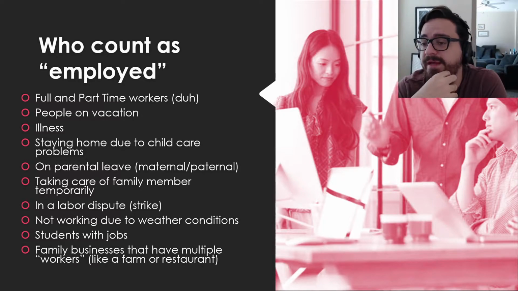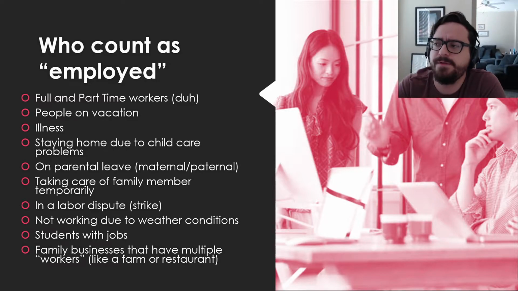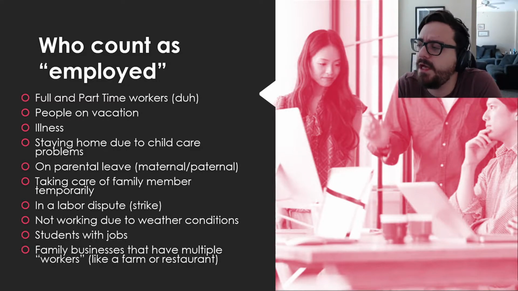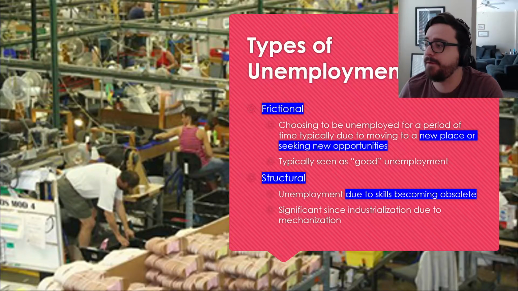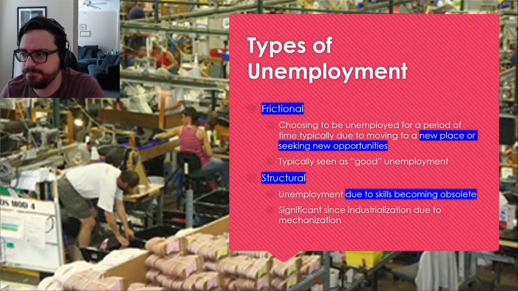If you're working as a farmhand on your family's ranch or something like that, and you're 16 and they don't pay you, but you live there and they pay for food and stuff, so there's some sort of tangible reward there, then yeah, you're counted as being employed, even if you're not collecting a normal paycheck. So that family business bit is kind of weird for people to wrap their heads around a lot of the time.